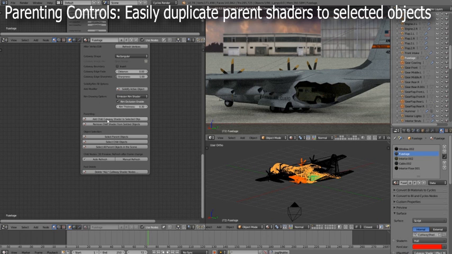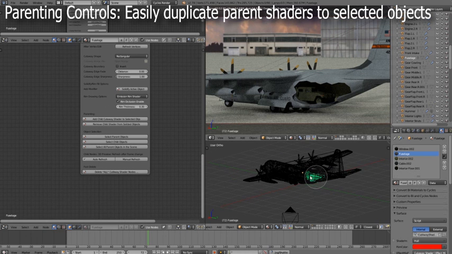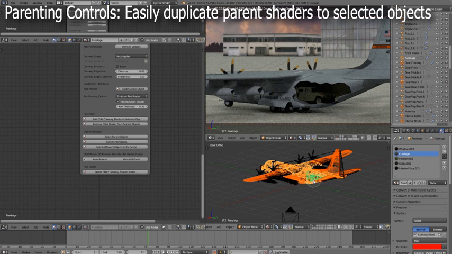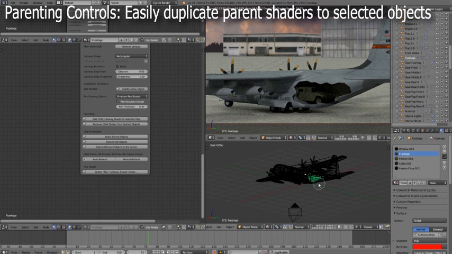So we could see that we could easily add this cutaway shader to pretty much everything in the scene in one go, or just selected objects. And even though I added it to the whole propeller, we may have just hit the C button, for example, here, and just, whoops, let's try that again, and just wanted to select a small portion of it. But you can see, even if you're trying to select just a small portion of your object, often you select more than you want, and you may have actually already, without knowing it, added the cutaway shader to an area of the model that maybe you don't want to cut away. So, for example,